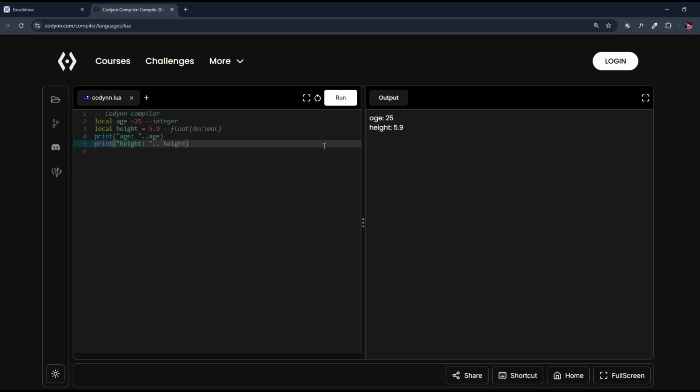And fun fact, Lua actually doesn't differentiate between integers and floats. It just treats all the numbers as floating point. So there's no need to worry about choosing the right type. And moving on to string,